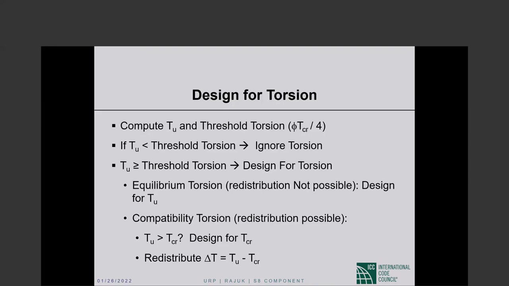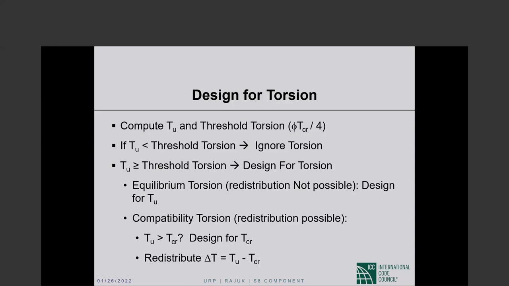Okay. Now, when we decide not to design for the entire T sub u, we cannot go below the cracking torque. We have to design at least for the cracking torque, T sub CR. And the remainder, the difference between the required torsional strength and the T sub CR, the cracking torque, can be distributed away. Okay? So when T sub u is larger than or equal to threshold torsion, we have to design